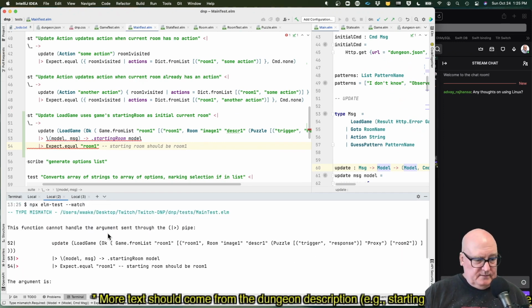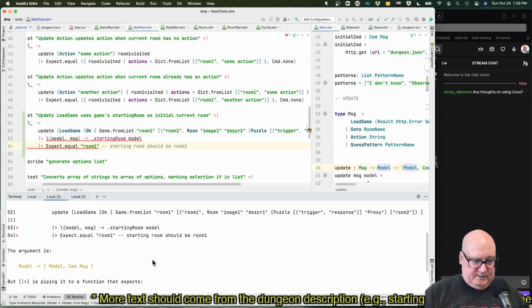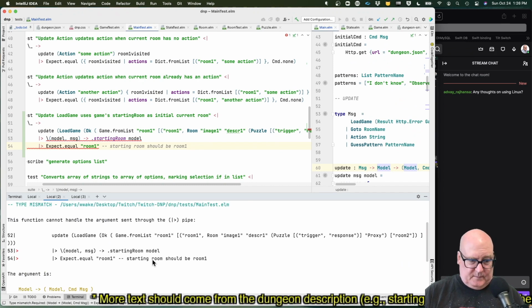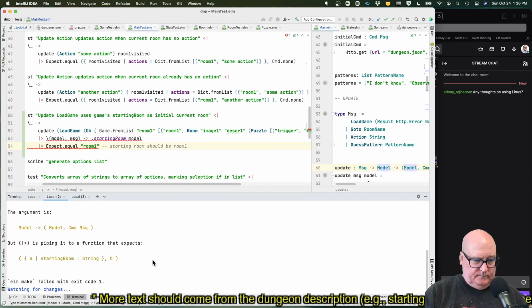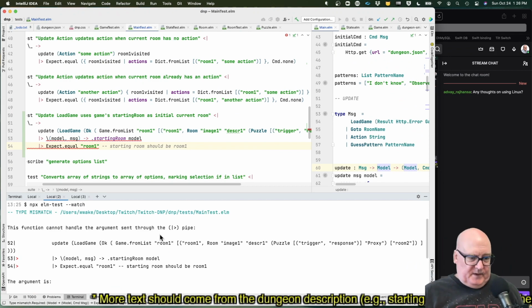Okay. Function cannot handle the argument sent through the pipe. The argument is a model and command message, but it's piping it to something that expects a starting room with a string. Well, I don't know.